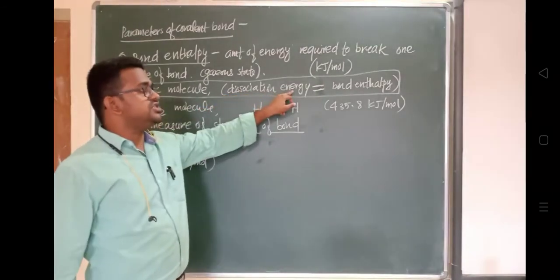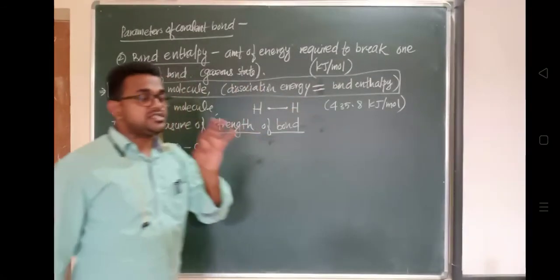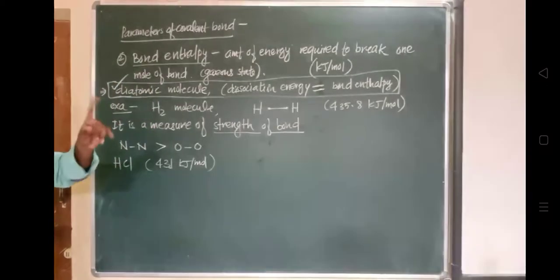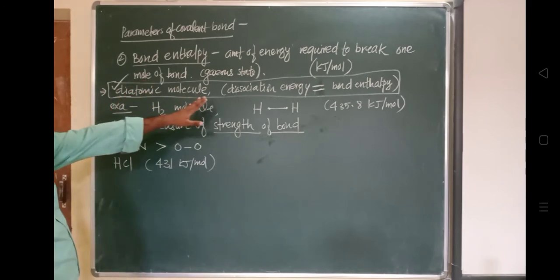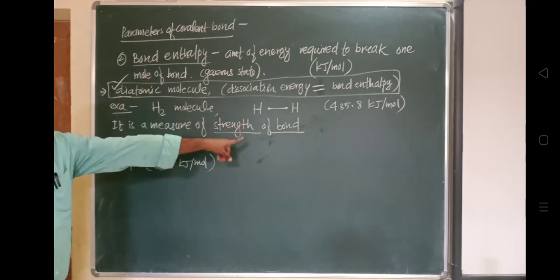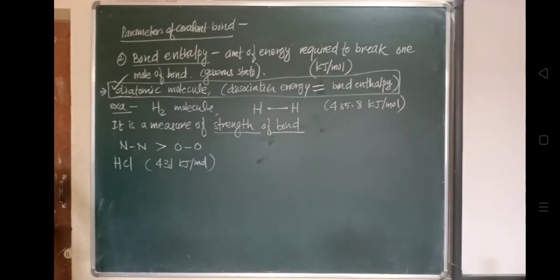Bond enthalpy is the average of the sum of successive bond dissociation energies. Now this is about the diatomic molecule. Now separately I will write it for a polyatomic molecule. What is the condition for a polyatomic molecule and how to write it? How to understand this concept of a polyatomic molecule?